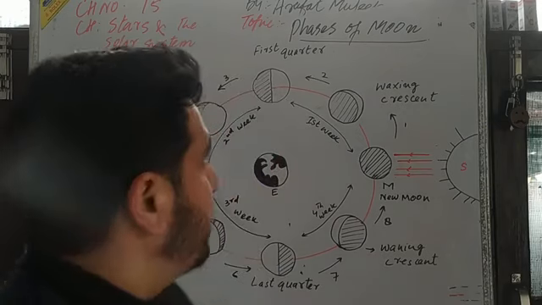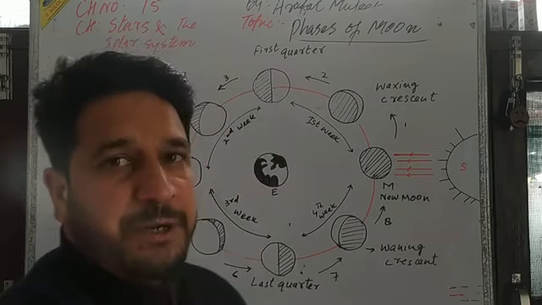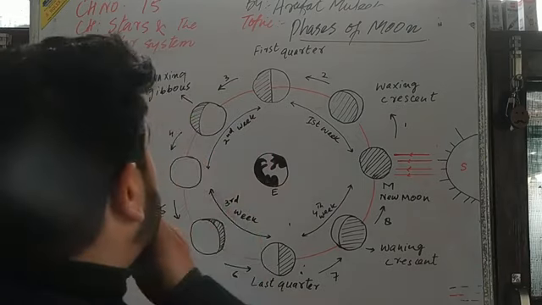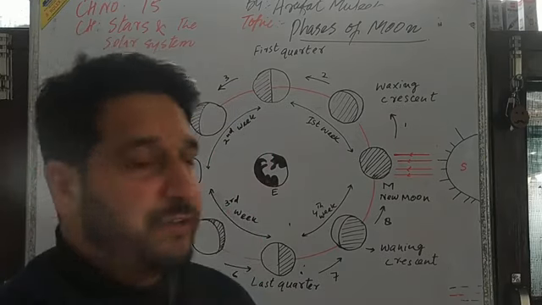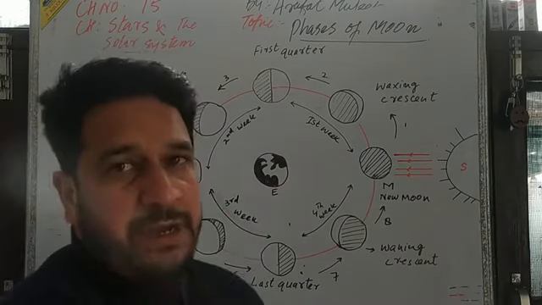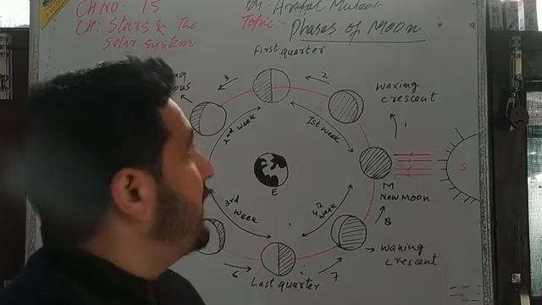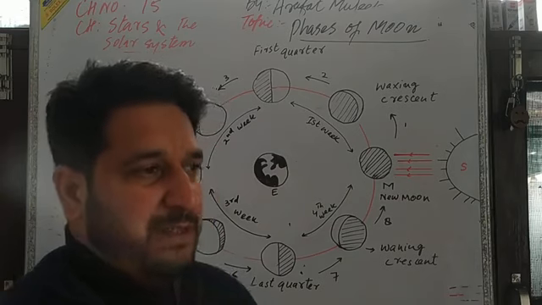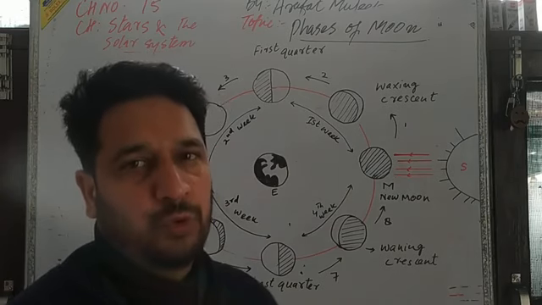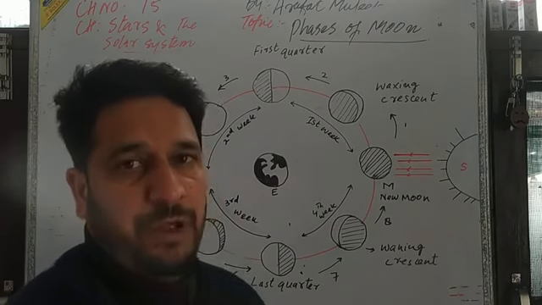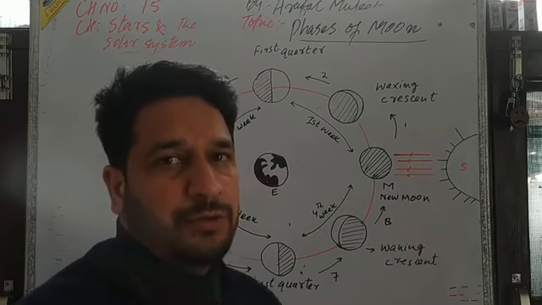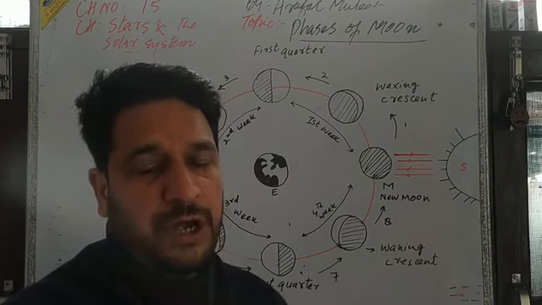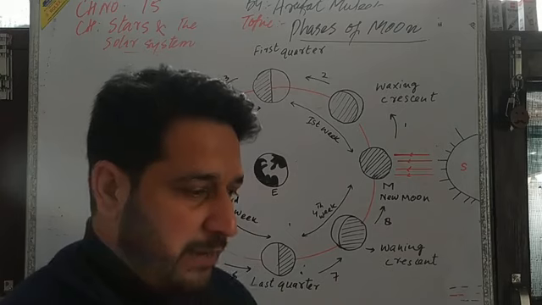Today I am with chapter number 15. The chapter is about stars and the solar system. This is 8th standard science, and in this chapter today my topic is about phases of the moon. The moon has different phases because of its rotation and revolution around the earth, and